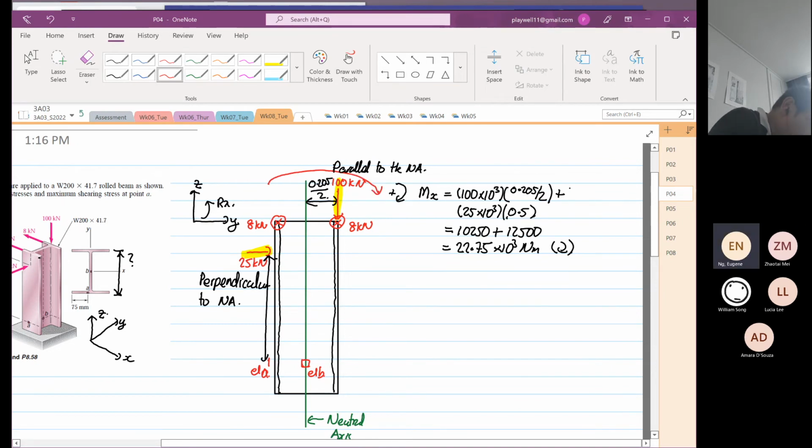Right, that is your moment in your x direction, compression, right? And then this is tensile. Okay, and then what's interesting, so we're going to apply stress X, or we will likely apply stress X